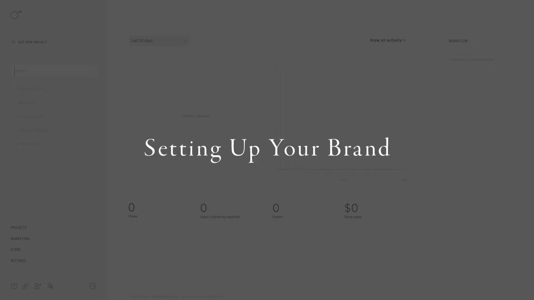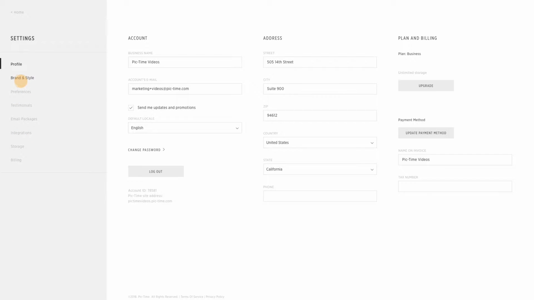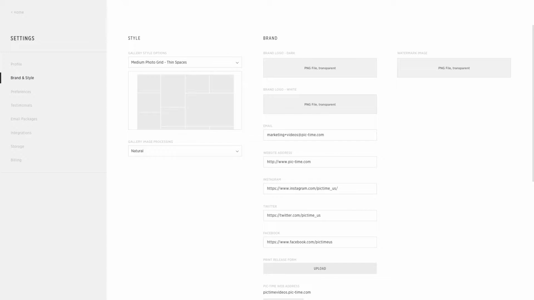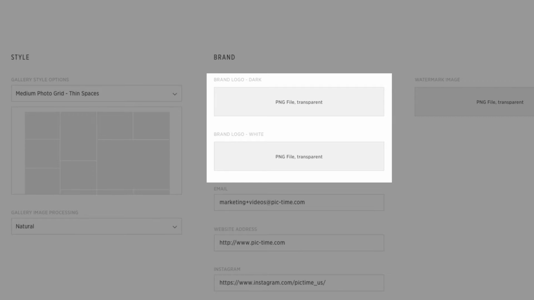Setting up your brand is simple and can be done by clicking Settings from the main dashboard and selecting the Brand and Style tab. Begin by uploading a PNG file for your logo. Dark logos will be displayed on photos with light backgrounds, and white logos will be displayed on photos with dark